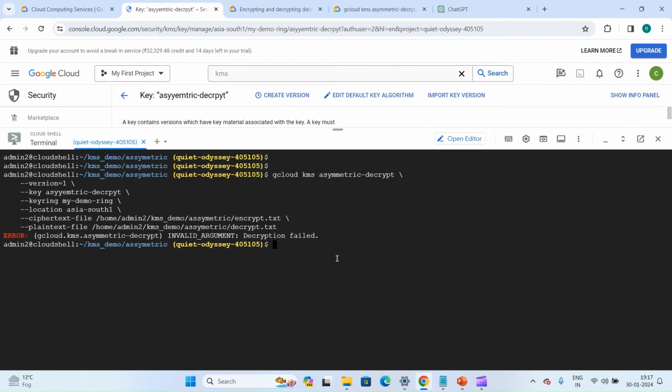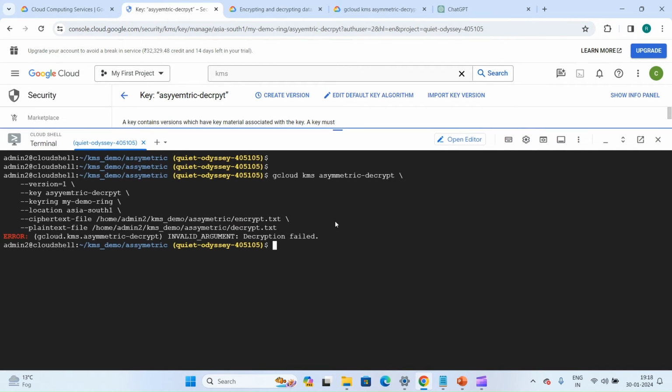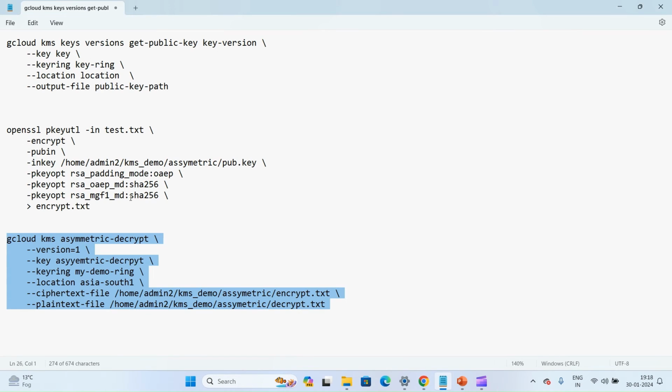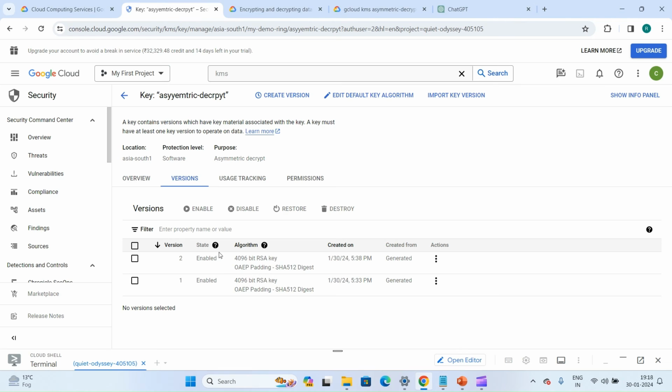So guys, as we are seeing right now, even after changing the version we are getting the same error: decryption failed. Something has gone wrong, and this can happen to you also. After spending some time, you may get to know what the issue is. If you know what I have done wrong, you can just comment it down. But what went wrong here actually, if you see in the command, while doing the encryption we are using SHA 256, but while creating our algorithm we used SHA 512. So that's the part we have used wrong.